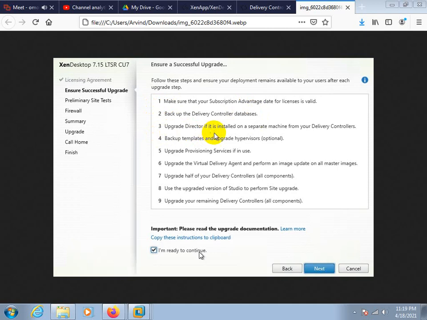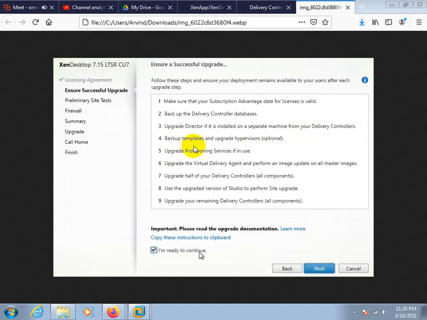Upgrade Director if it is installed on a separate machine. Separate machine means it should not be installed on the delivery controller; if in the environment you have created a separate server for the Director, then only you can upgrade it.